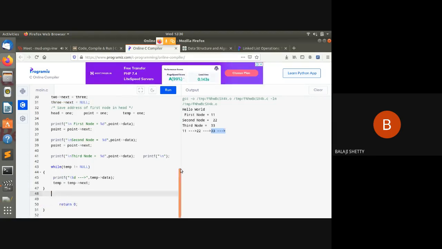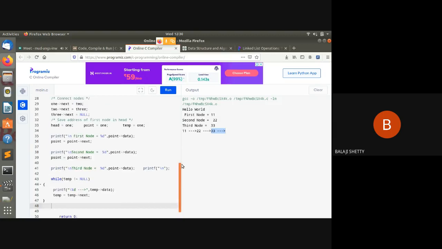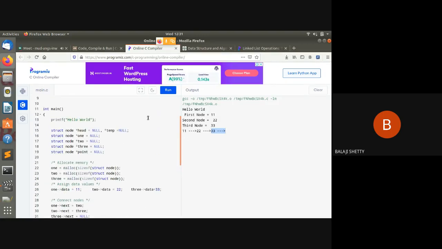Okay. If you want to verify its output, I just do one more thing so that your concepts will be more clear. What I do, I write here int i, okay, equal to 1.